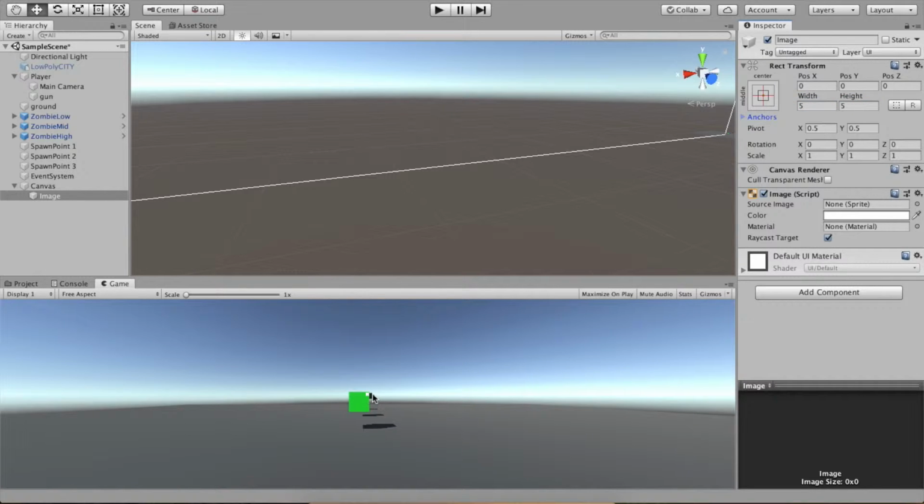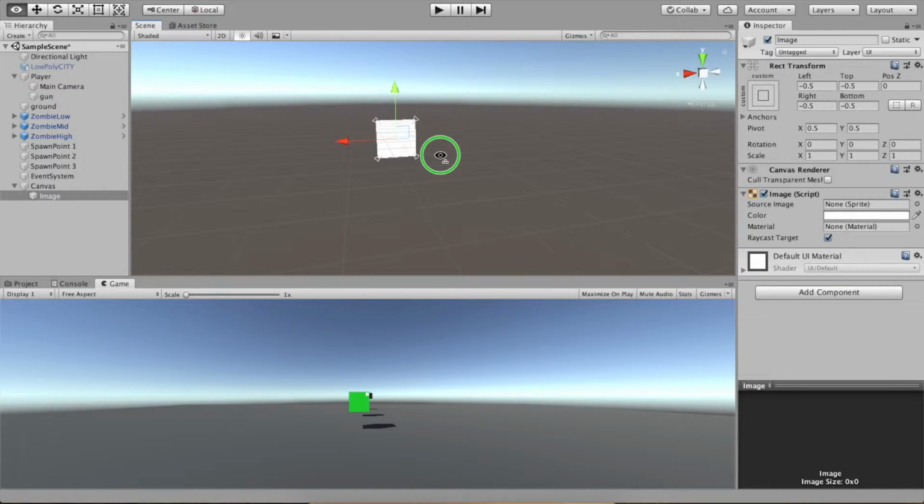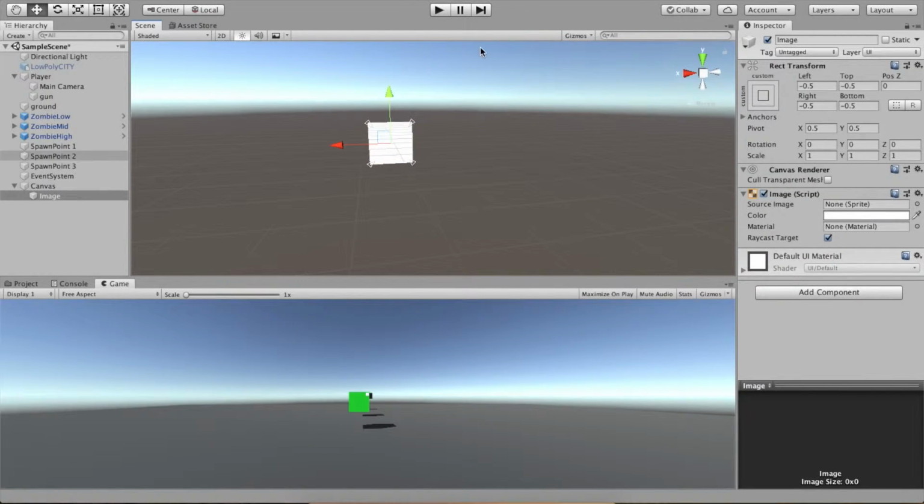So now this is our crosshair in the middle, and also we are going to adjust its pivot points, so whenever it goes on a different screen resolution, it will adjust according to that. The pivot points are used whenever the screen size changes, and the object will change according to the pivot points. So just try to move it to the edges. Okay, and now if you play our game,